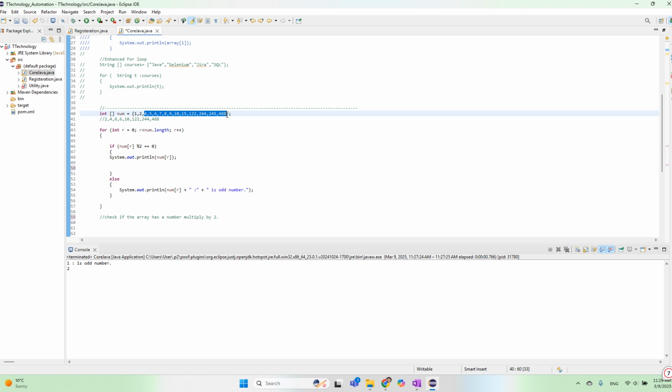So for escaping the iterations, once we meet the requirement in the middle of the for loop, what keyword do we need to use? There is a keyword in Java which is called break. If I use break,